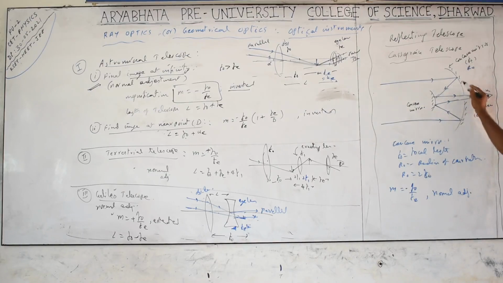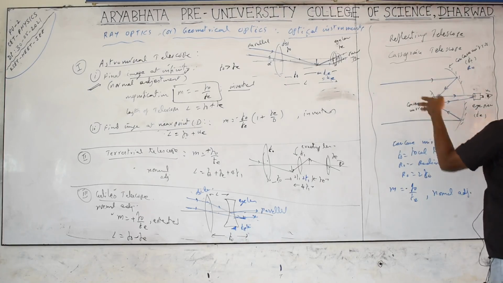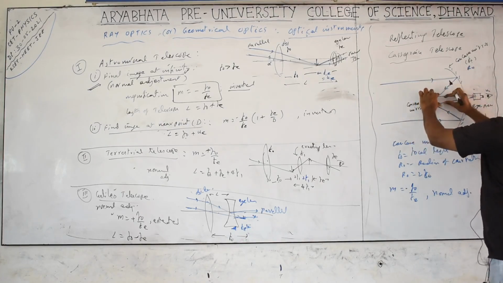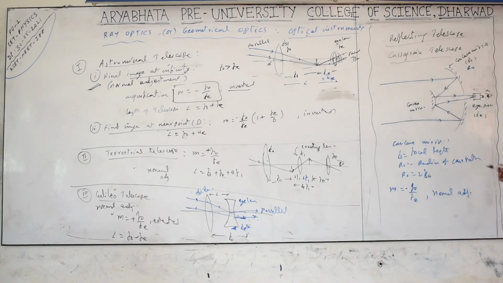Next is one concave mirror and one convex mirror being used. Light rays are supposed to focus here for the concave, but they are obstructed here because we cannot put your eye here. One concave mirror is kept here, a small piece, it's actually not a big one, and light rays falling on it will be collected at the eyepiece, or eye lens we can say. The focal length of the eye lens is Fe, the focal length of the concave mirror is Fo, and the radius of curvature is Ro. Radius of curvature is 2 times Fo, so you can calculate Fo equals Ro by 2.